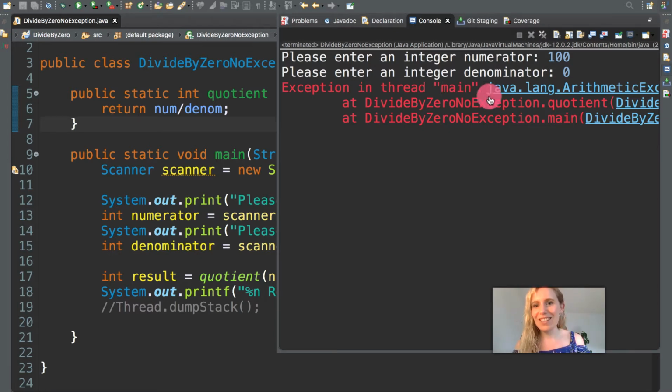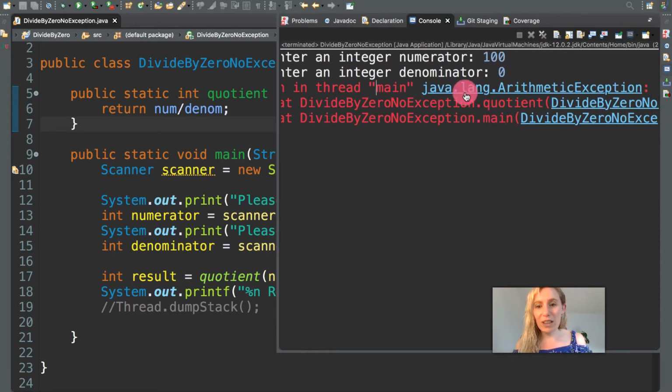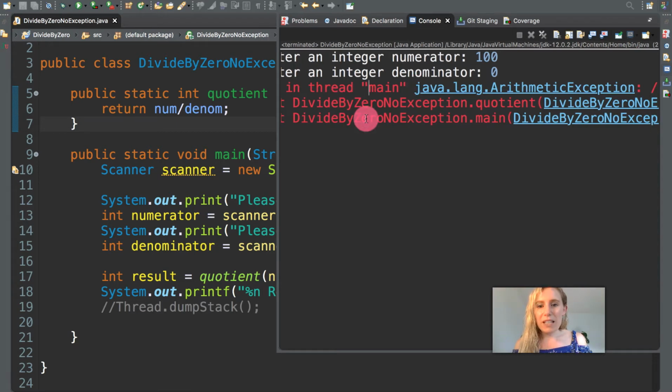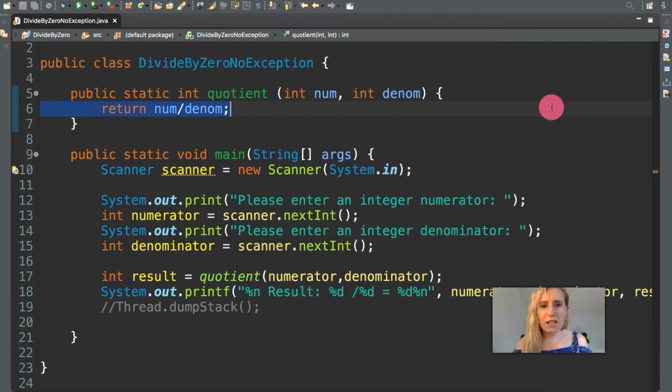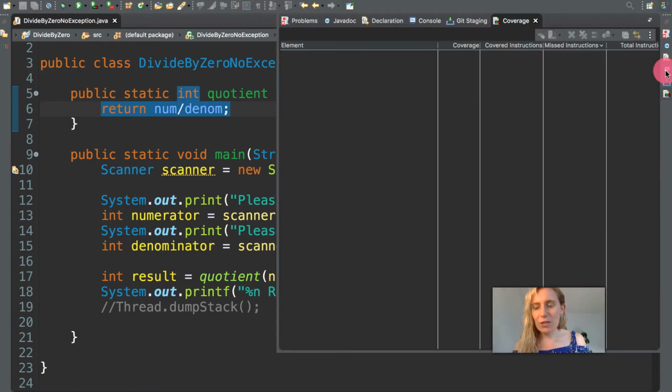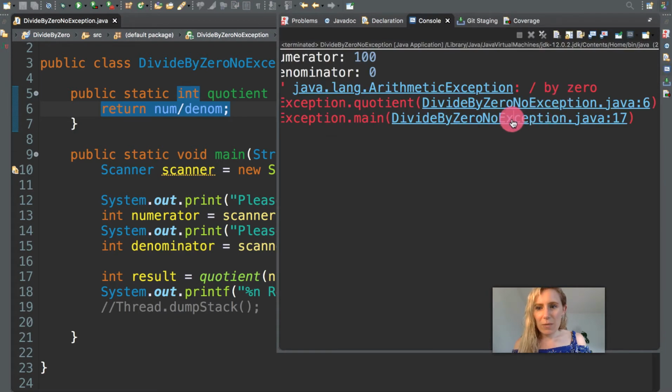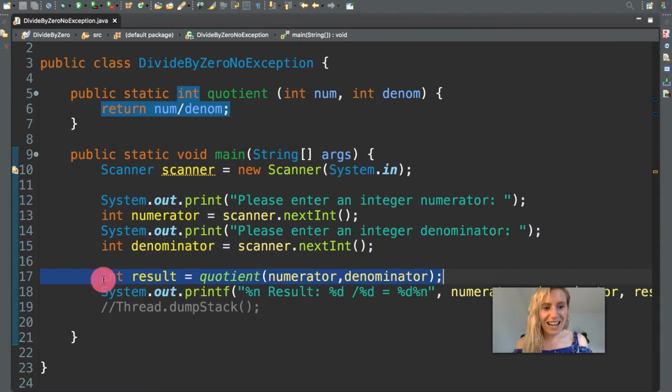They're two processes. And here it shows within the java.lang there's an ArithmeticException, and it tells you what lines they're on. So it tells you that it's the division by 0. It says it's here trying to do this, and it also shows where it's coming from. So here in 17,